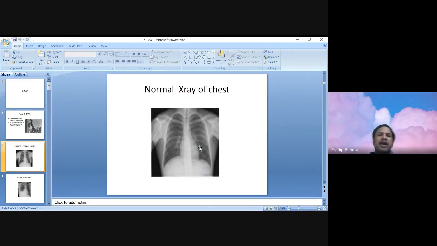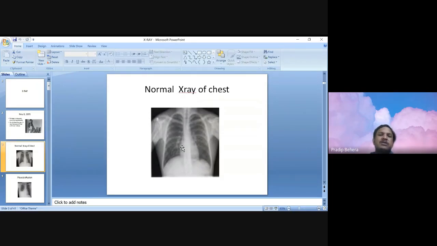Then comes cardiomegaly, when we say the heart shadow is enlarged more than normal. To know whether the heart shadow has increased, to define that it is cardiomegaly, we take the cardiothoracic ratio. You put a scale in the midline and measure the farthest distance of the cardiac border on both sides. Suppose from the midline, on the right side the farthest distance laterally is 3 centimeters, and on the left side the maximum distance is 8 centimeters.